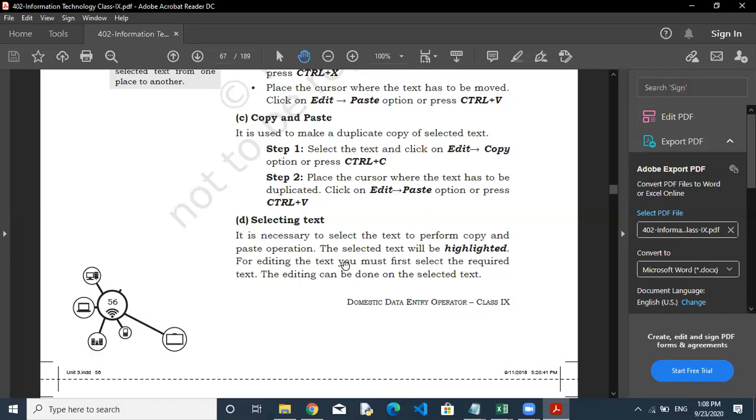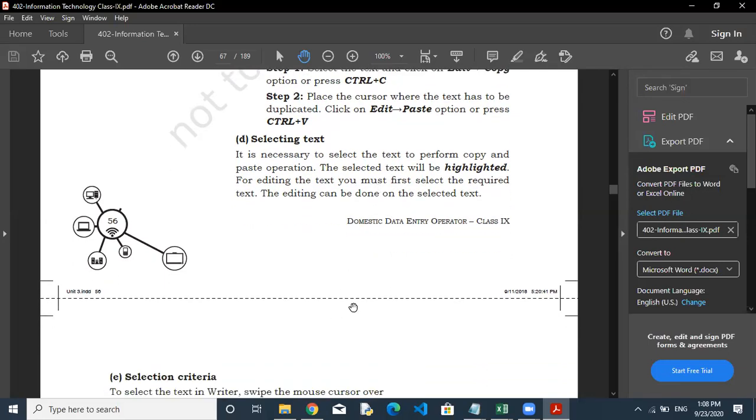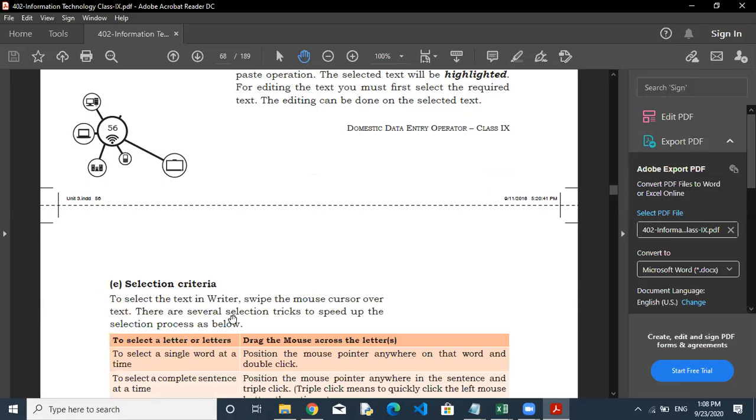As well as I already told you how to select the text. Selecting the text is necessary for some operations, like when you want to change the color, do copy paste, or increase the size of the text. For that purpose it is compulsory to select the text. Without selection you are not able to do any type of formatting on that particular text which is already written by you. So how can we select?